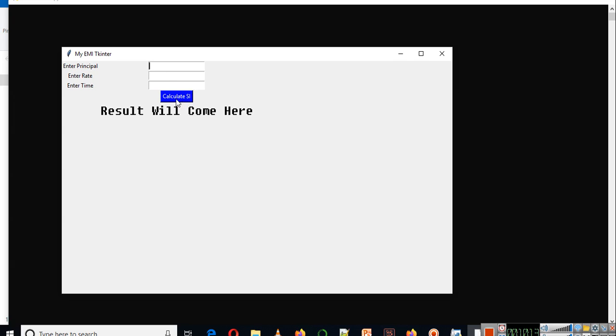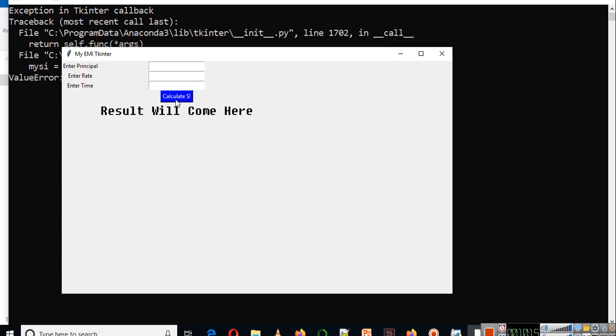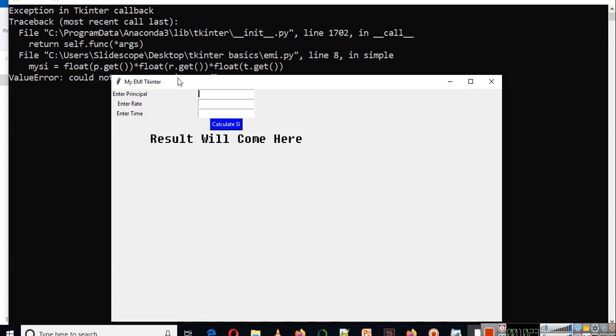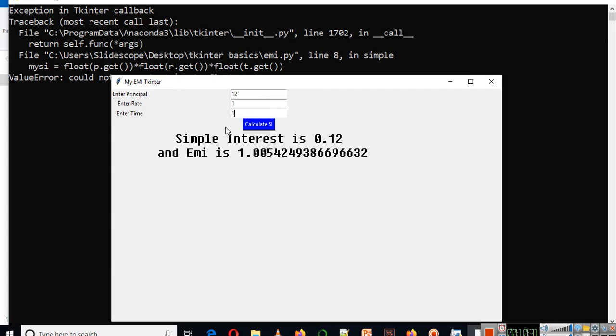Whenever we click this button, some command will be executed, and you can see here we are getting some exception, because everything is empty here. If we write something, then we will not get an exception, and we will see some values calculated here. So we have to create something like this.